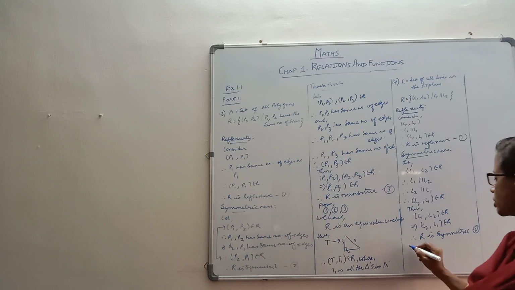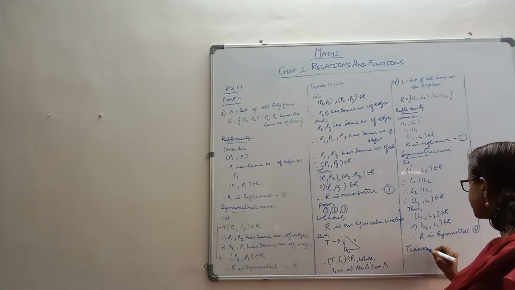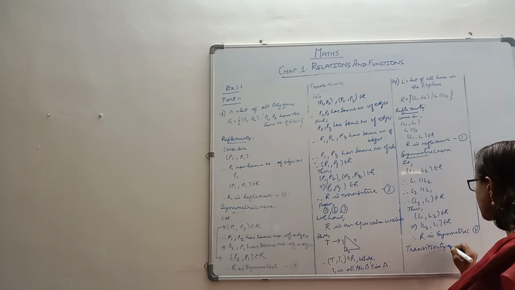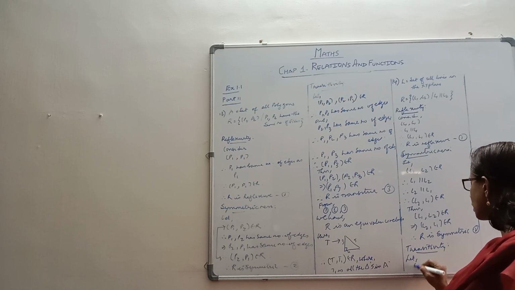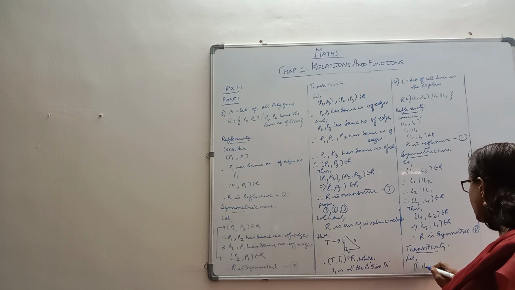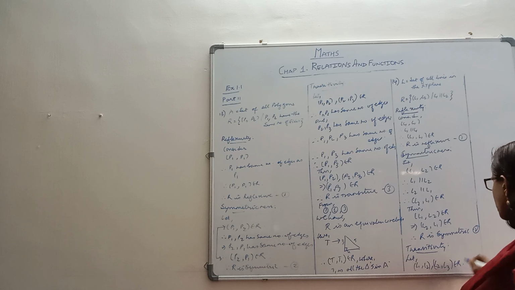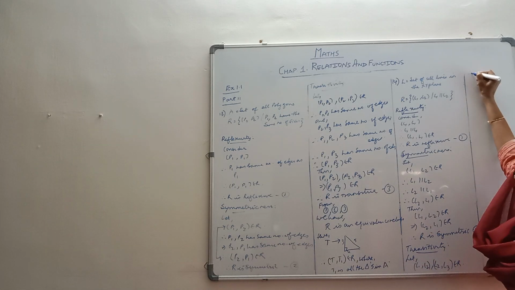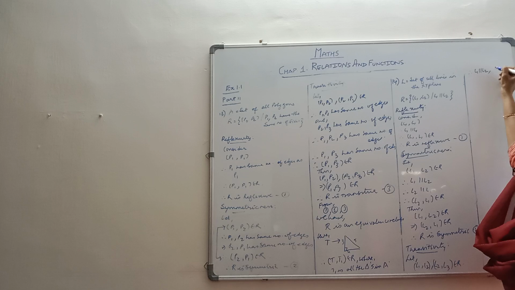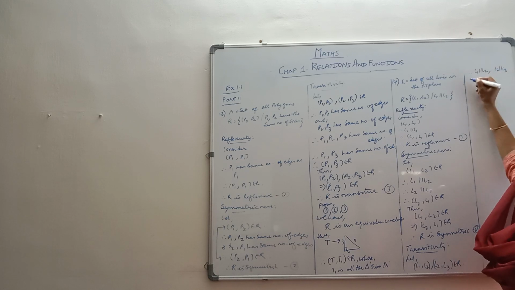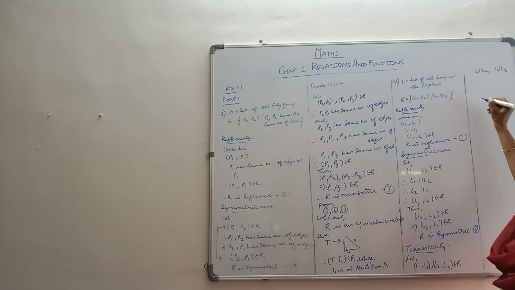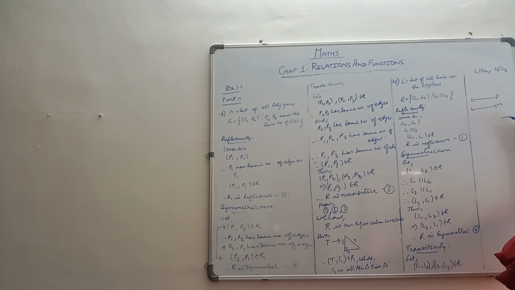Now we are going to check transitivity. For transitivity, let (L1, L2) and (L2, L3) belong to R. So what do we infer? Therefore, L1 is parallel to L2 and L2 is parallel to L3. So what is the meaning? You can just conclude: here it is L1, here it is L2. L1 is parallel to L2. Now L3 is parallel to L2, so L2 is parallel to L3.